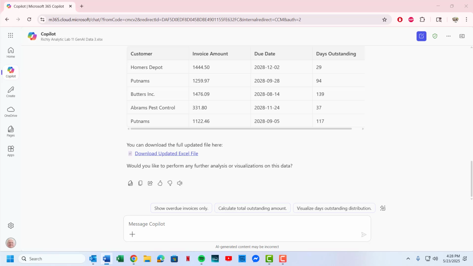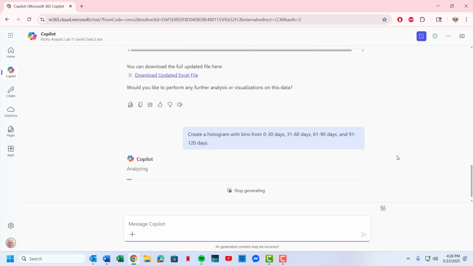The next thing we're going to do is create a histogram. We just want to do a count of how many are in each of the buckets. Typically we do 30, 60, 90, 120 day buckets, and so we're going to do a count of how many invoices are in each of those bins or buckets and ask it to provide a histogram for us, or a count.